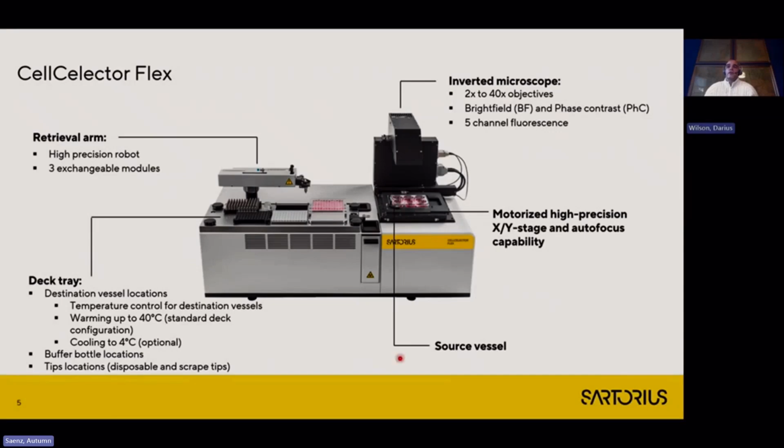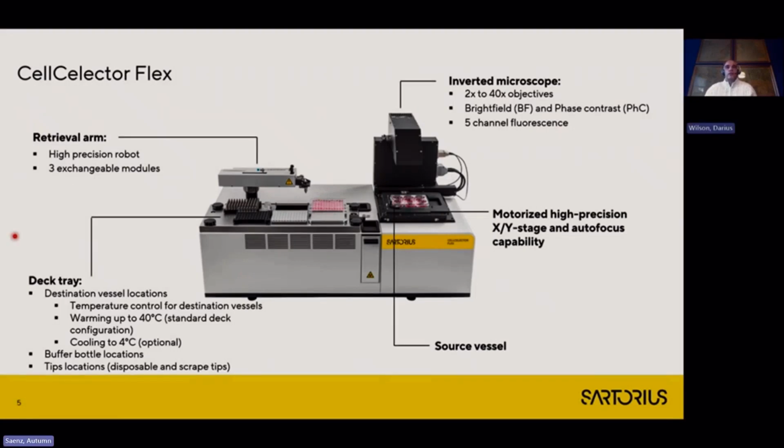What we're doing is we're adding our source vessel, so this could be a Petri dish or a 24-well plate or whatever source vessel you have in the lab to grow your organoids, adding this onto a motorized high-precision XY stage, monitoring with this inverted microscope. What we find in the source plate is then sent, the information is then sent to a retrieval arm here, which is then moving across, picking the organoid of interest, and then depositing into a number of destination plates here.